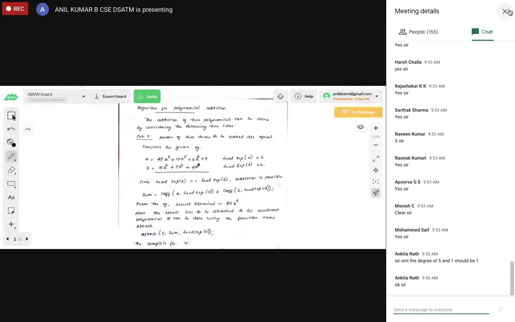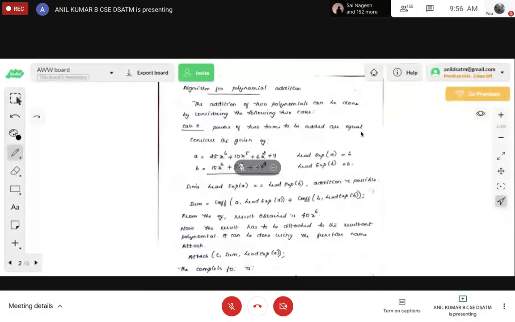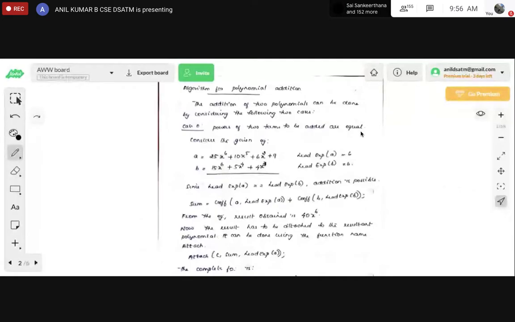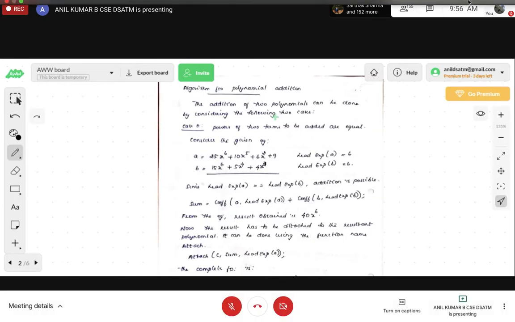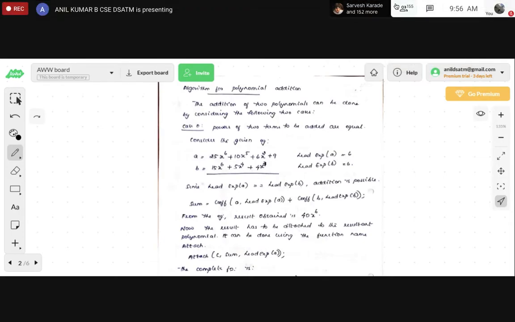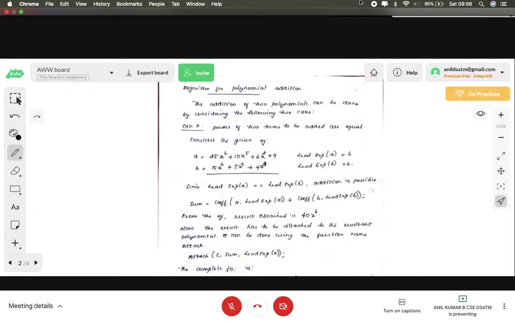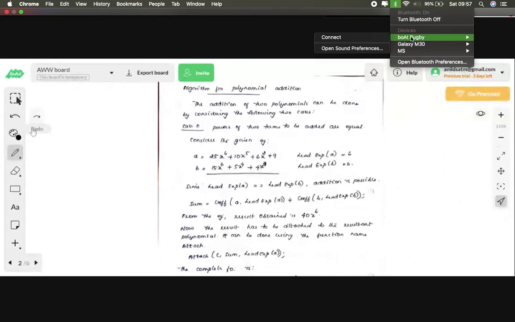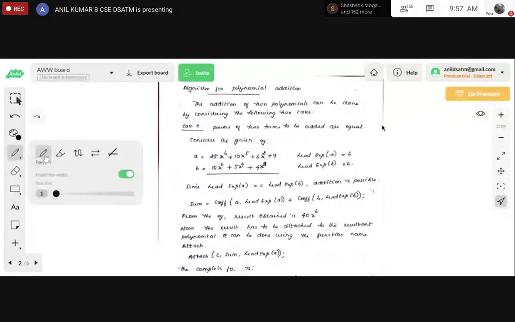So now, addition of polynomial, a very simple algorithm is there. No need to worry much about how to perform addition and so on. Here we'll be having two different cases. Based on the two different cases, we need to perform an addition of two polynomials. So the addition of two polynomials can be done considering the following cases. What are the two cases? The first case, I'm going to describe it now. So see the conditions carefully. These conditions cannot be changed. They are fixed conditions. Be careful while writing.